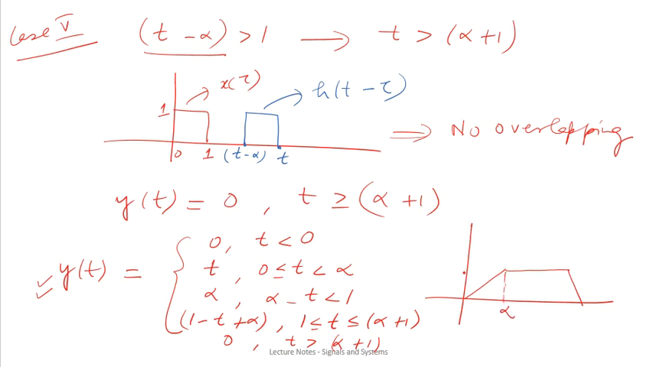So this will be alpha, this point will also be alpha. Okay, so from 0 to alpha the signal is given as t, and this point will be 1 plus alpha. Okay, and this will be 1. So this is your final answer for this problem. Okay,